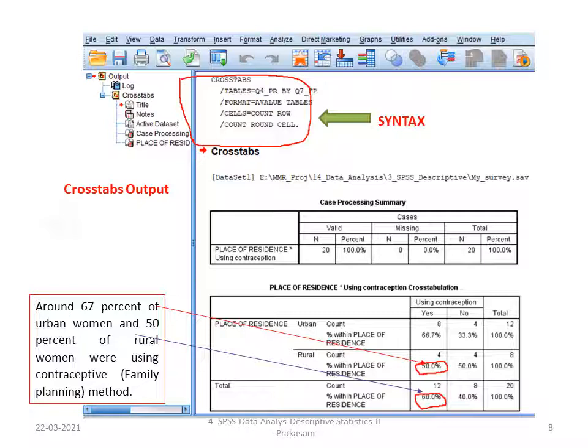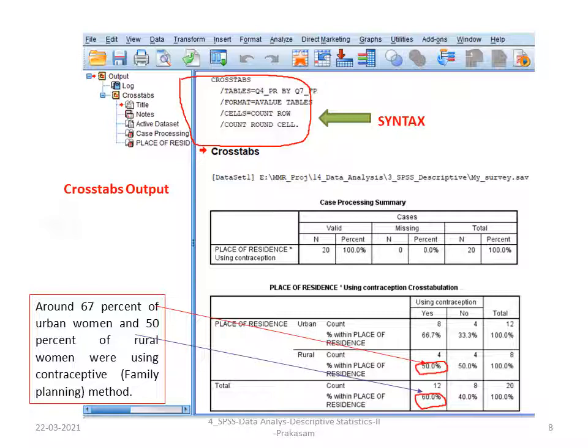That is the place of living by acceptance of family planning. Whatever you have given row wise comes first, and whatever you have given column wise comes after the by. This we need not write; it is automatically generated by SPSS.